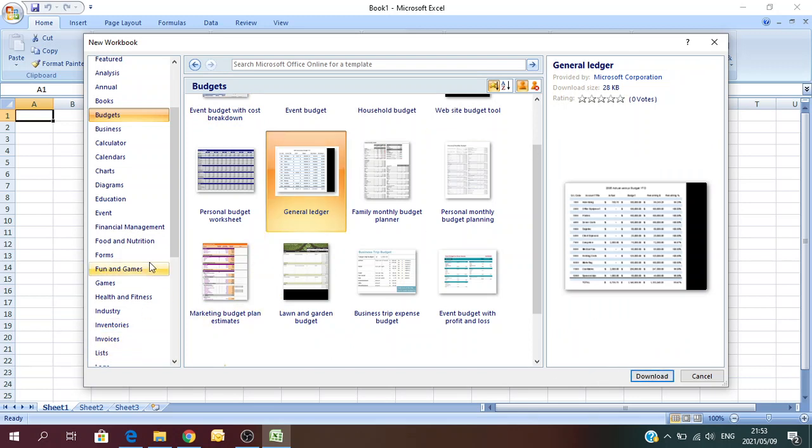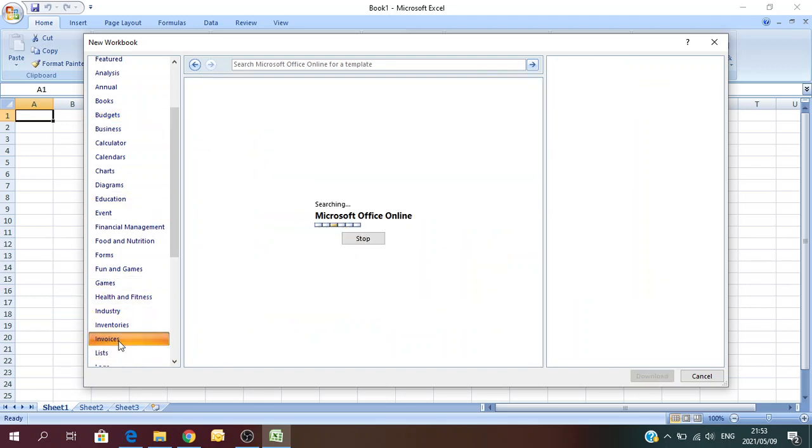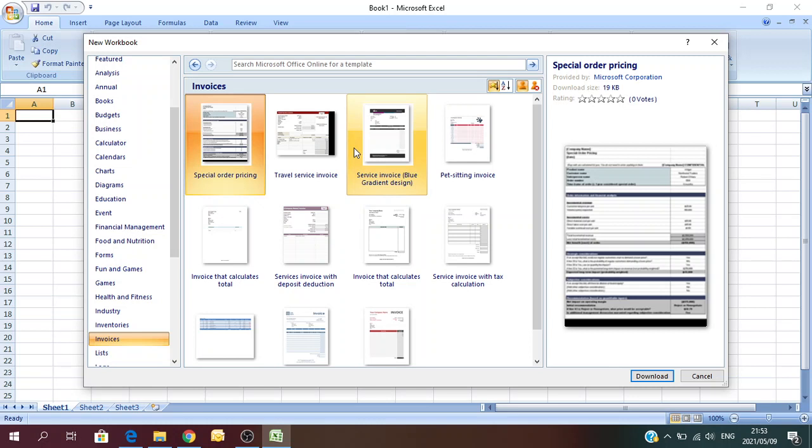Okay, or maybe your boss asks you to work on a certain invoice and you do not know how to design an invoice, or you do not know how to come up with a beautiful template or theme of a certain invoice. So you just come here again and look for invoices, you double click on it and it will search for all different invoice templates. Like here they are. So I have different invoices